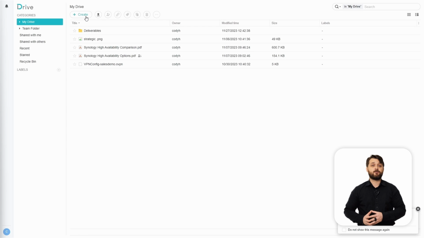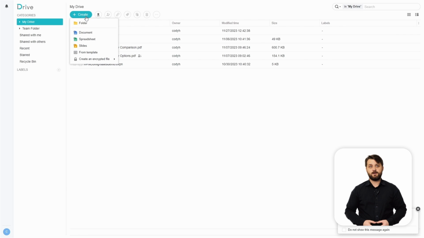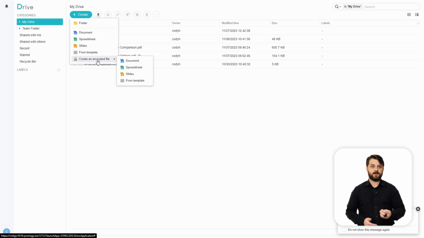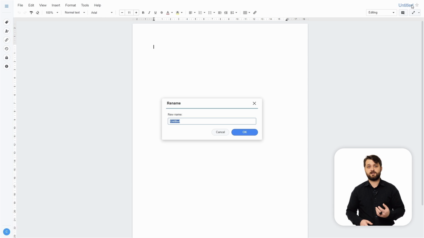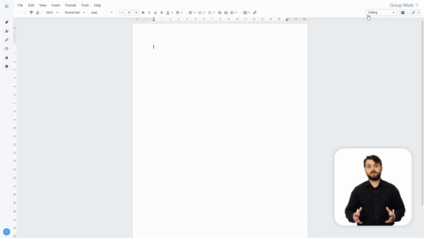So we can also create encrypted versions of these files if we want. For us today, we're just going to click on the regular documents, spreadsheets, and also slides. If we open up the document here, we can begin labeling this document. We're going to label this one group work and actually interact with some partners here. And then you can begin editing this document. As you can tell, this document editor is quite intuitive. If you've used other cloud-based web portals like this in the past, like Google Drive, this will look pretty familiar and be easy to learn how to use.